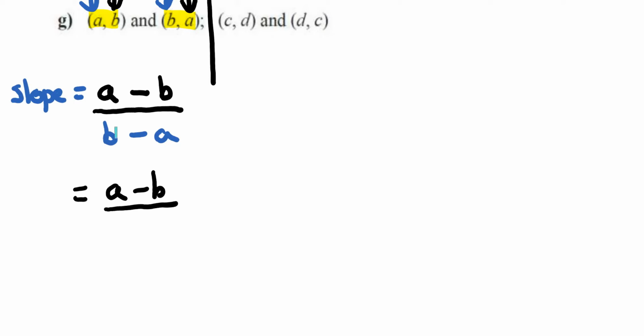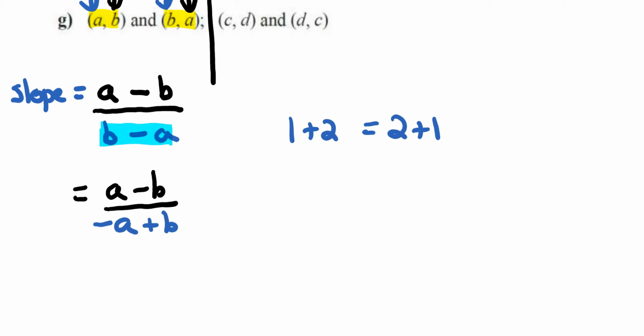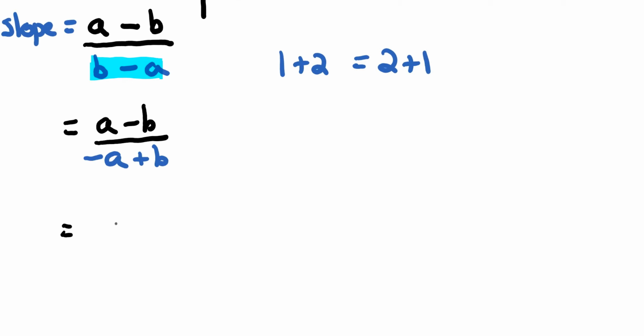Now what I'm going to do with the bottom fraction here is flip that around. What I mean by flipping that around is if I have 1 plus 2, if I flip that around, that's the same thing as 2 plus 1. So if I flip that around, that's going to be -a plus b. And then from there,